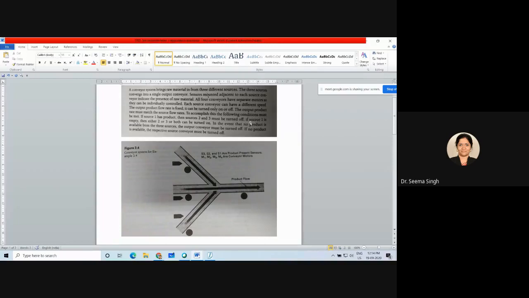So that is why it is written, if source 1 is empty, so that means what? This should be 0. If this is 0, then either of 2 or 3 or both can be turned on. So the capability is that both can be turned on also. And the fourth conveyor belt, the master one, will be able to take care. So what is the condition? The condition is that M1 and M4 can be turned on together. And if M1 is 0 and either of these is 1, then also this will be turned on. If both are 1, then also this will be turned on.